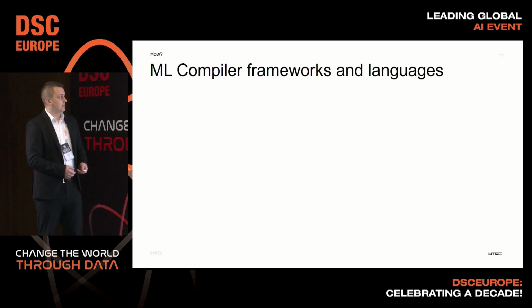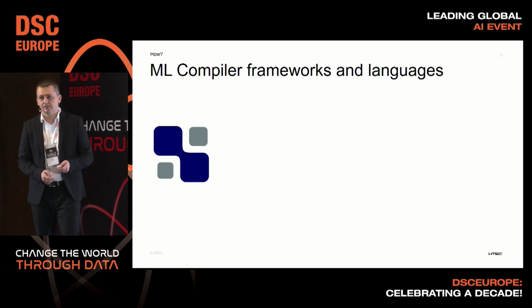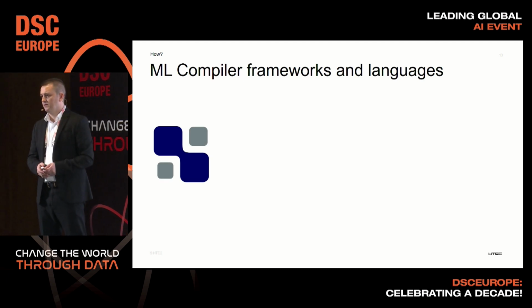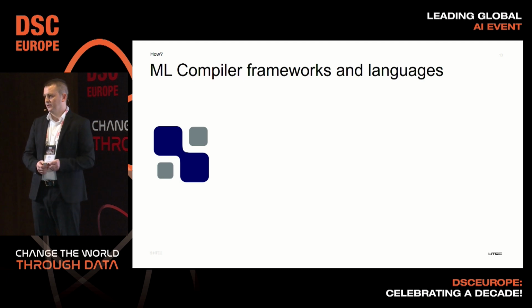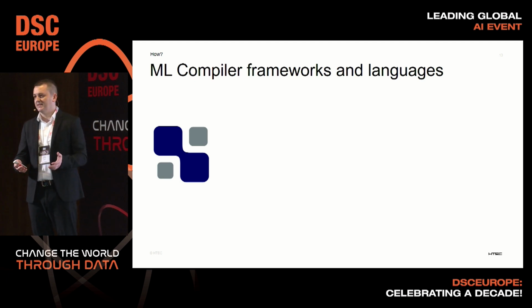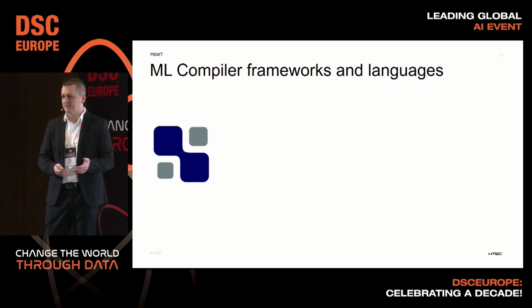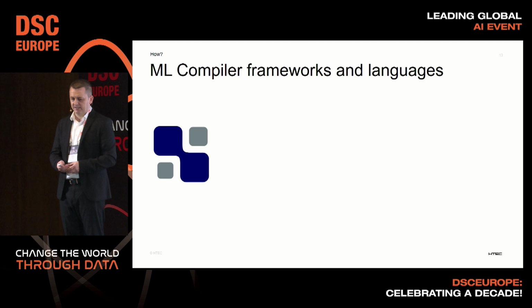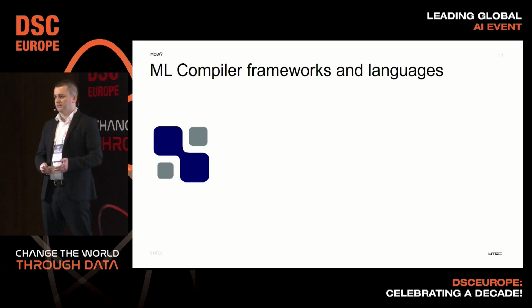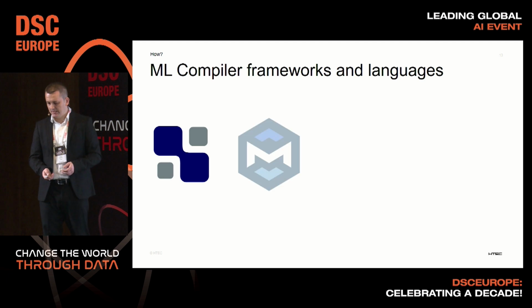Now I would like to list just a few frameworks and languages that are commonly used for compiler development. It's unlikely that you will start from scratch. TVM is the first project. It also has its own intermediate representation, and you pretty much get a complete stack. You are able to load different models and produce code that can be executed on GPUs, CPUs, and also a lot of custom accelerators.